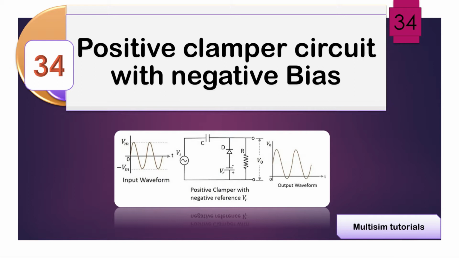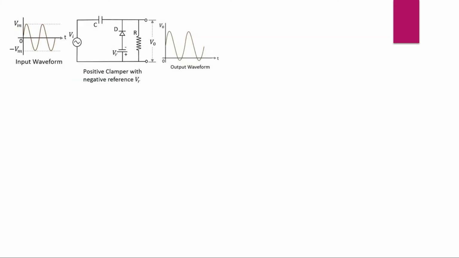In the negative bias case, if you have 5 volts as a peak to peak voltage, it will have a DC voltage of 2 volts, so it will shift. It means it will reduce, as minus 2 volts will be the shift. It will shift the output in the reverse direction, just below the x-axis, the time axis. Whereas in the positive bias mode, it shifted a DC of 2 volts above. In this case, it will shift a DC of minus 2 volts below the time axis. So let's see.